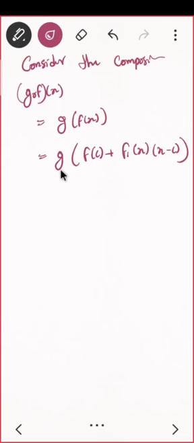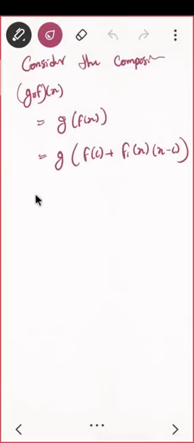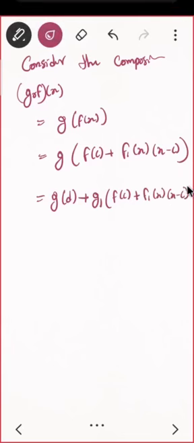And I also have the value of g of y. If you see, g of y equals this. So can I again do that? Yes. So what is g of y? It will be g of d plus g1 of y into y minus d. So let us do it and see what comes. I'm doing it directly; hope you get that point. It will be equal to g of d plus g1 of that point. What is the point? f of c plus f1 of x into x minus c, and it is multiplied and added.